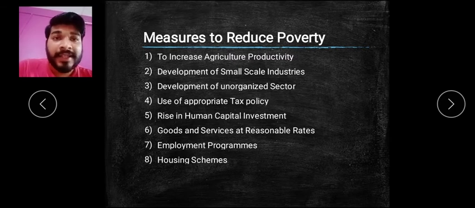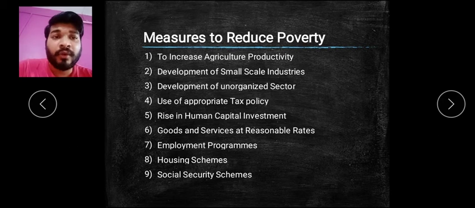Then housing schemes, which are given for housing facilities for poor people. Then social security schemes, such as old age pension. Then life insurance, health, and medical facilities given to the poor. And lastly,